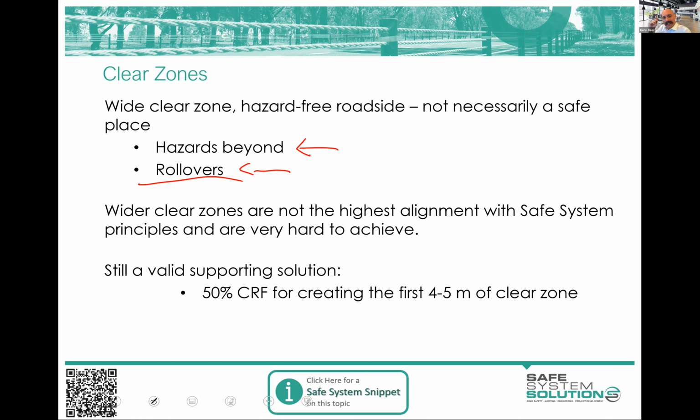Now, 10 years ago or 15 years ago, there was nothing better than a clear zone, than a cleared area. But barrier technology has gone off the charts, so good now, a flexible road safety barrier for passenger vehicles, that it is actually safer for a vehicle to leave the road and hit a barrier system around 4 meters from the edge line than it is for them to take their chances in a cleared area where they're likely to roll over or go beyond it.